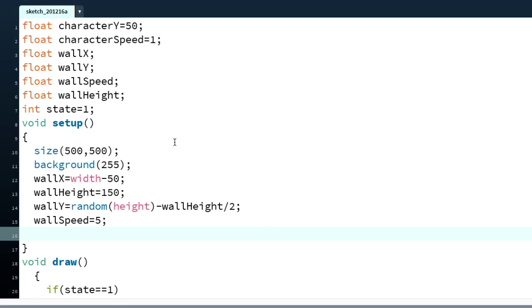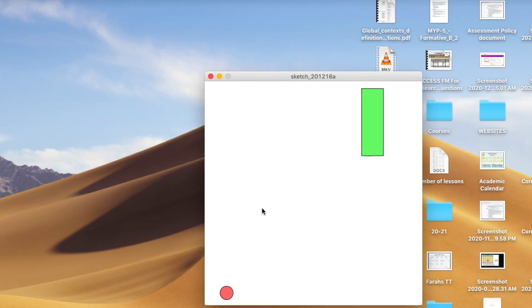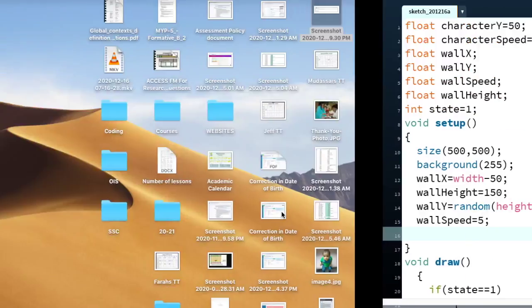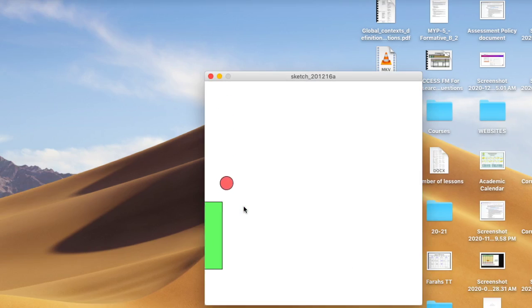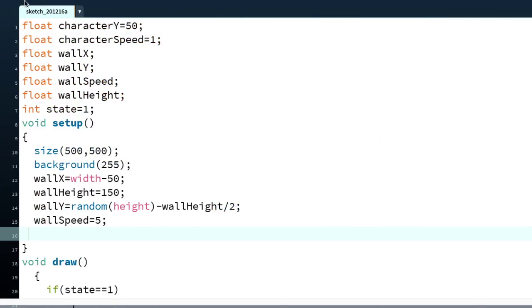Hello students, it's been some time now since we have been learning the Processing language, and to continue further learning I have prepared one tutorial which is a sort of an animation game, wherein I'm having one character which is a circle here, and there's a moving object which is this wall, or this rectangle, and when the two meet, a collision detection happens, and accordingly